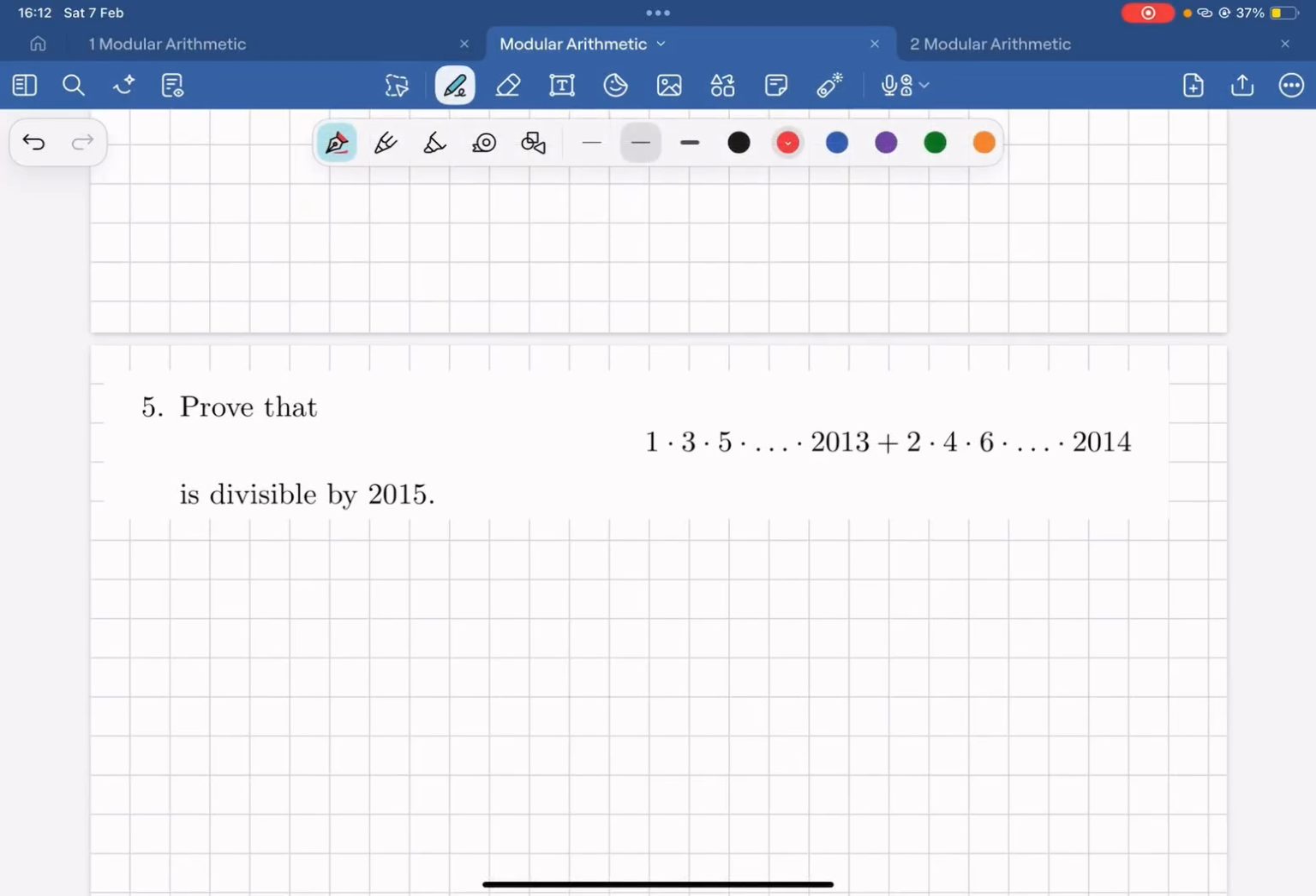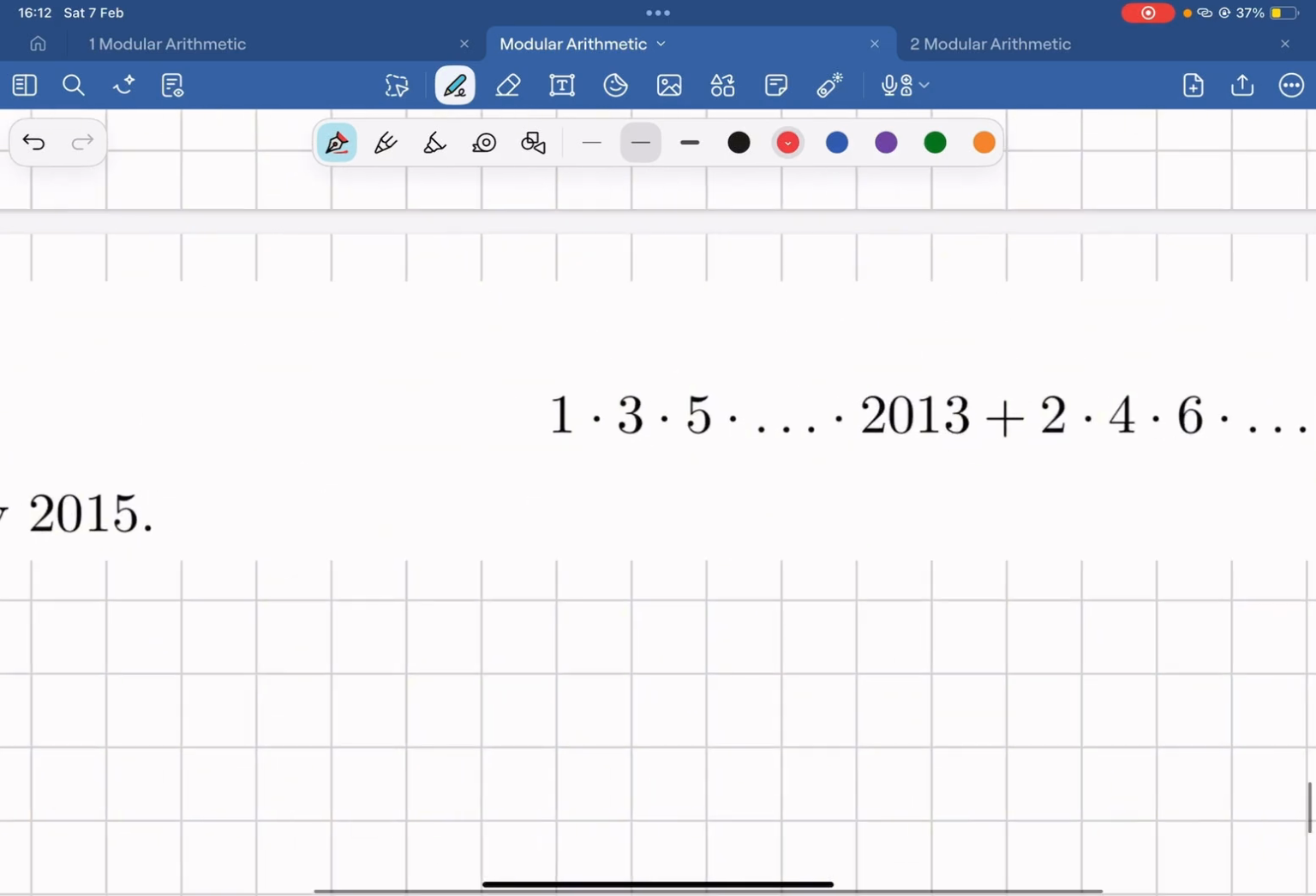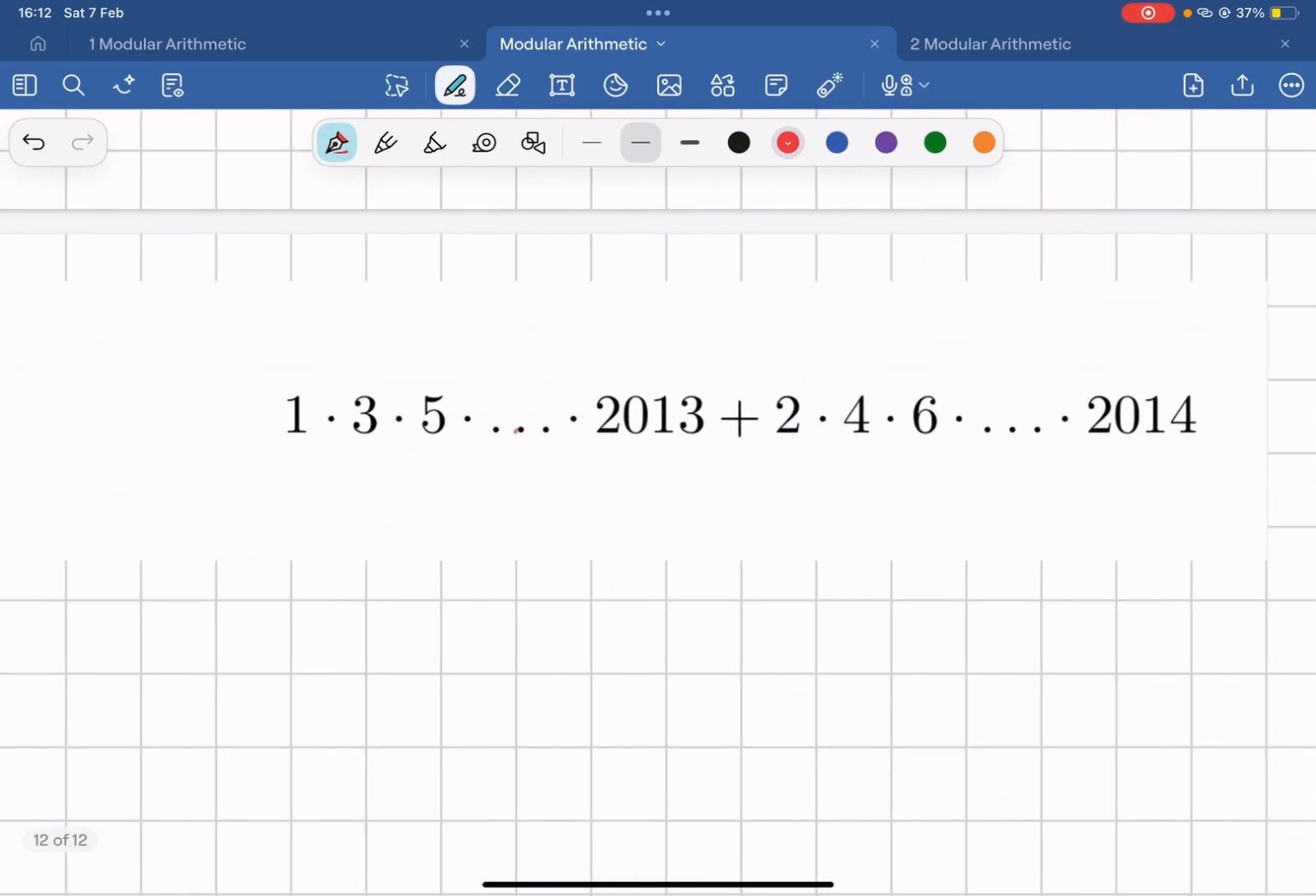Alright, on to the next question. We need to show that this statement here is divisible by 2015. So we've got all the odds up until and including 2013 multiplied by each other, and all the evens up until 2014